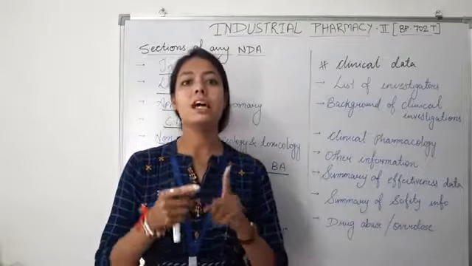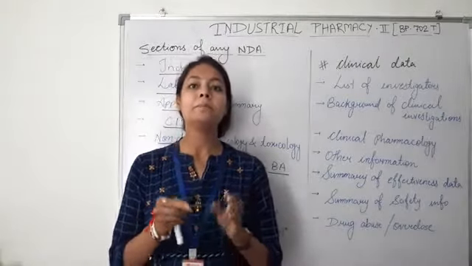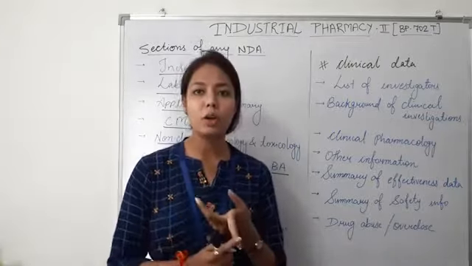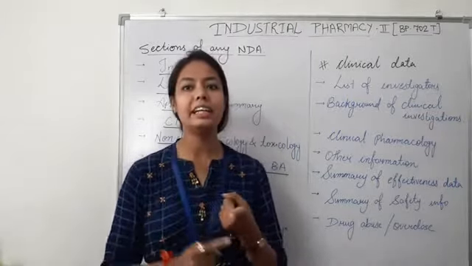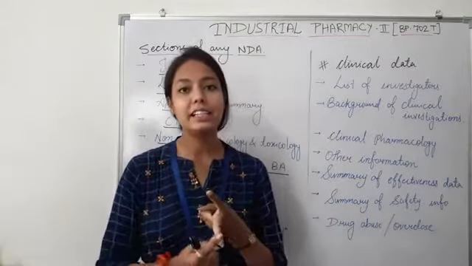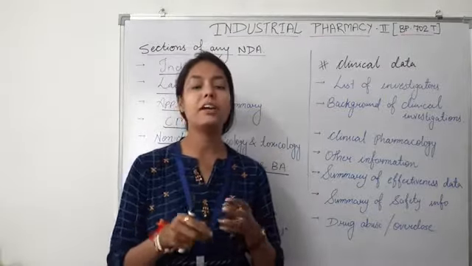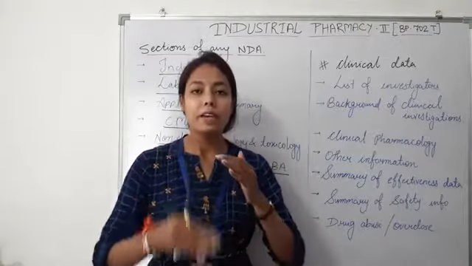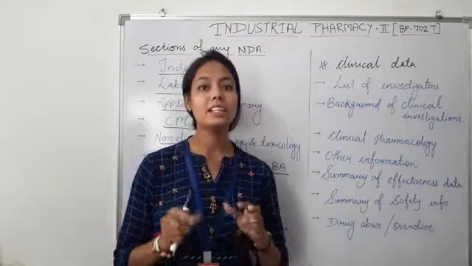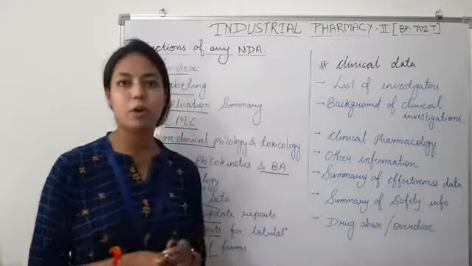The first one is the basic information summary. In the basic information summary, we will include the pharmacological class of the drug, the scientific rationale behind the drug, the various intended uses for that particular drug, and the various clinical benefits obtained from the drug product. So this comes under the basic information summary.